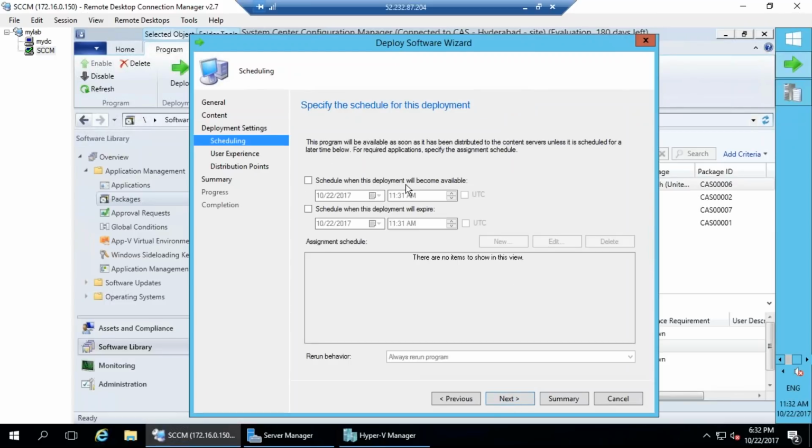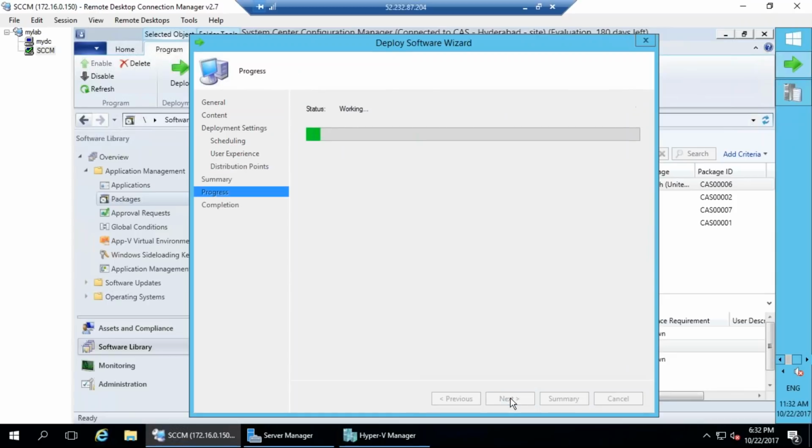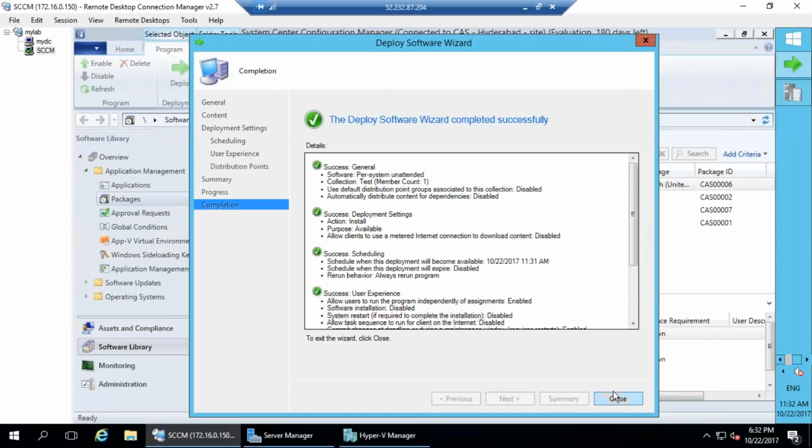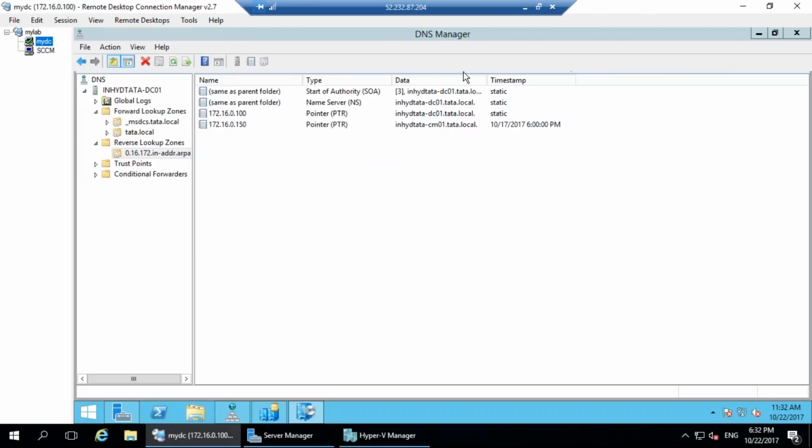I'm saying that from today it should be available. All these are defaults, and we'll look into them at a later point, since those options will come again and again. Now I have chosen that. What would happen is, if I have a domain controller, for example,